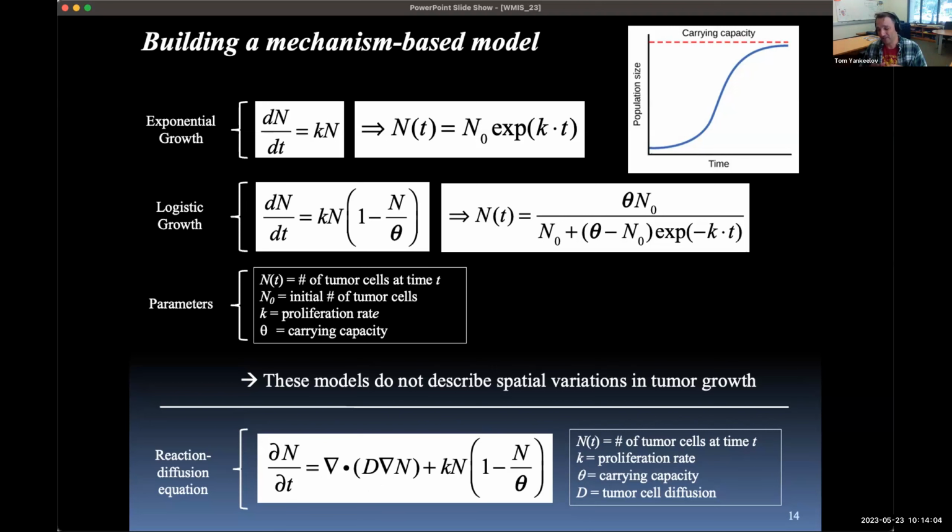And of course, tumor cells don't grow out isotropically. They don't migrate out isotropically. The tumor doesn't grow in all directions equally. So what we do is we actually exponentially damp this diffusion term here by the mechanical properties of the surrounding tissue. I'm not going to go into that today for time reasons, but if you want to talk about that,